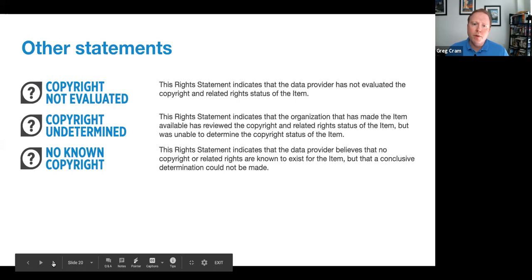These statements are both human readable and machine readable. And as these statements are adopted by more cultural heritage institutions, we predict that users will become more familiar with the statements and we can solve the morass of 100,000 unique statements. So I'm going to turn it over to Wendy now to talk more about the benefits of adopting these statements, and we'll have more questions in the Q&A.